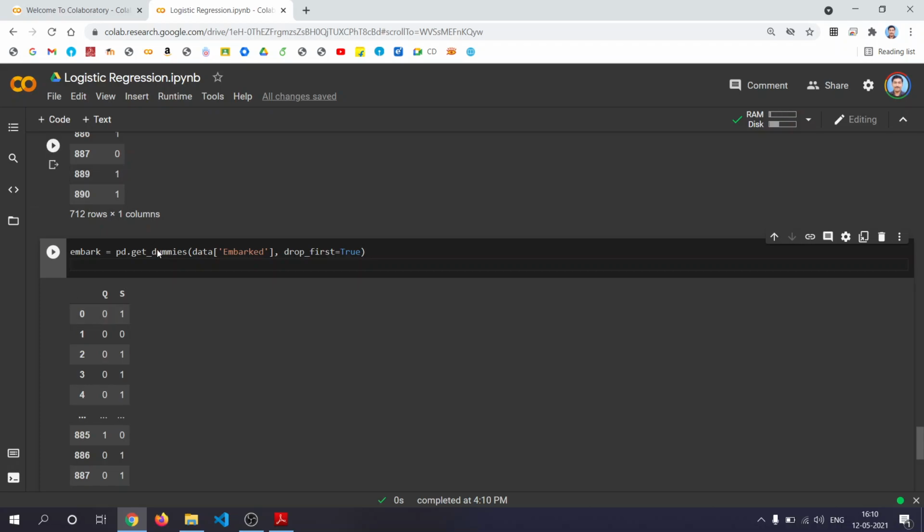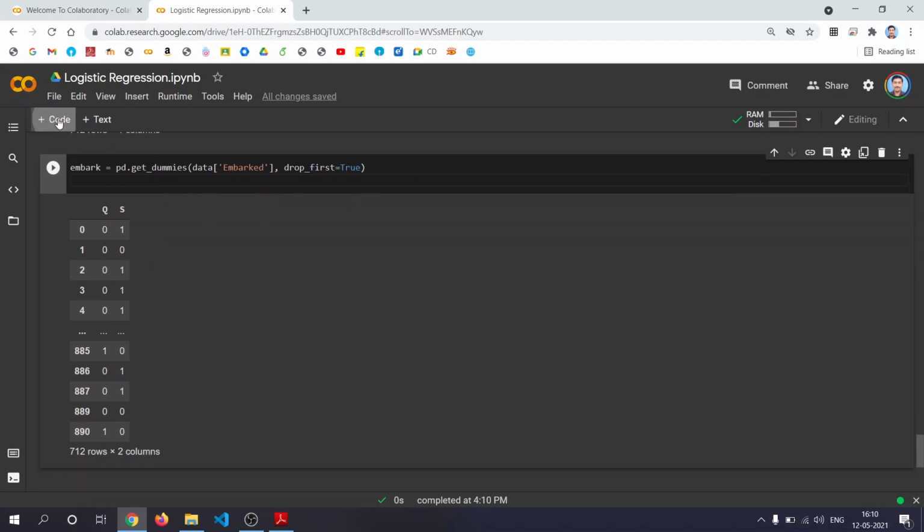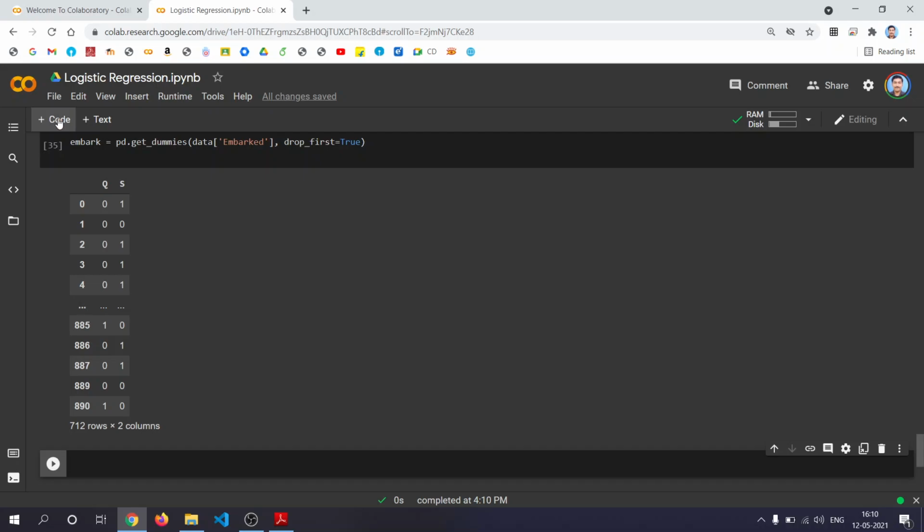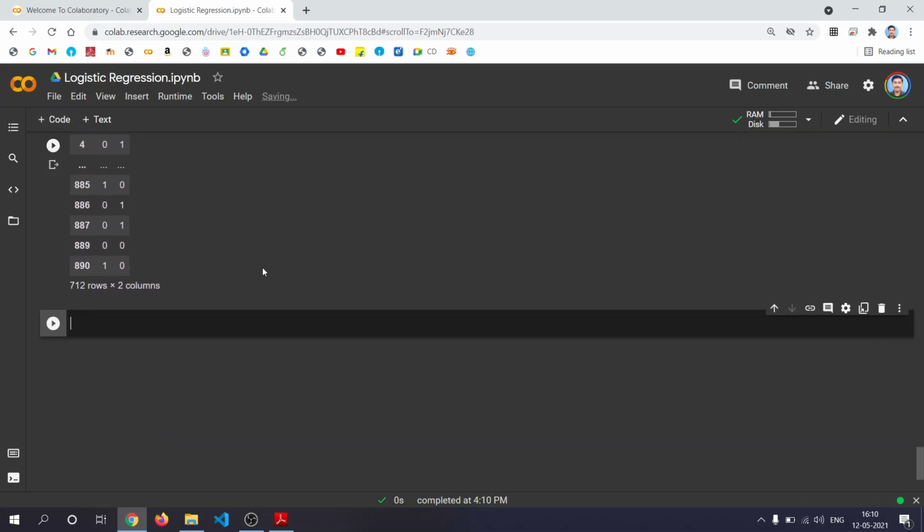Okay, so our next step is you remove all these columns, and first you concatenate your data with these two more columns. We had constructed 1, 2 and 3 columns, right?